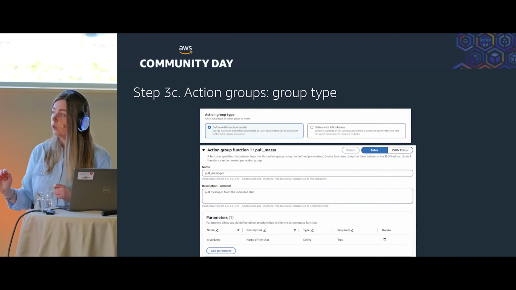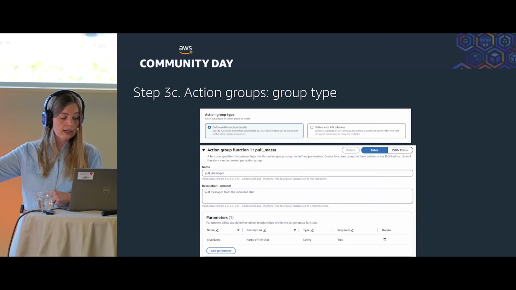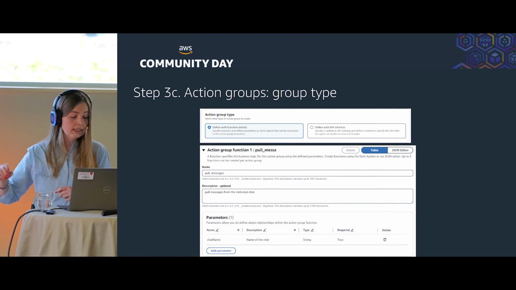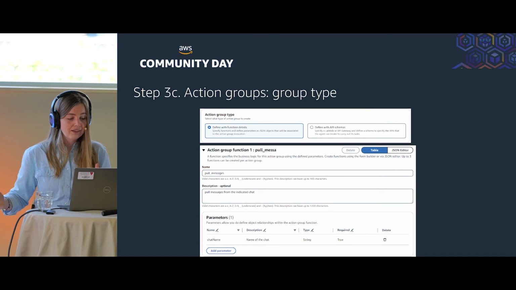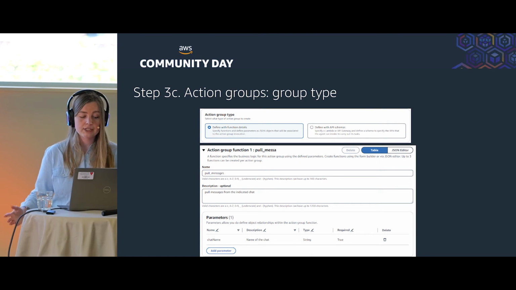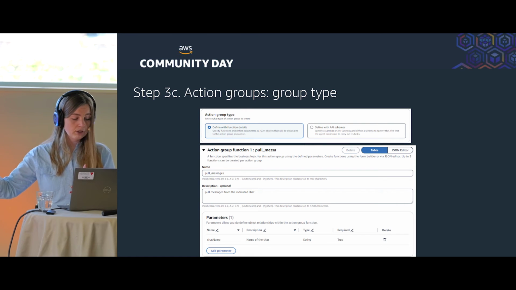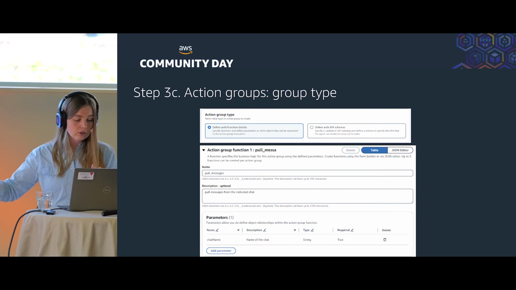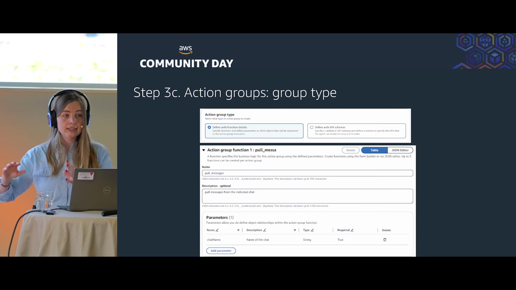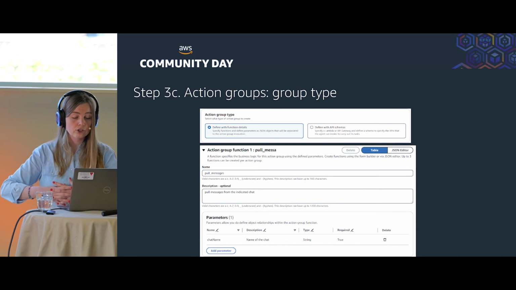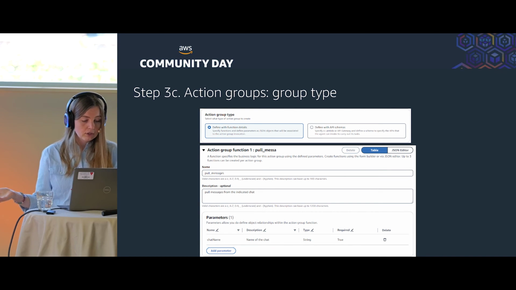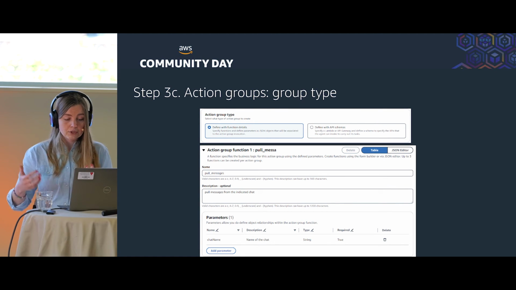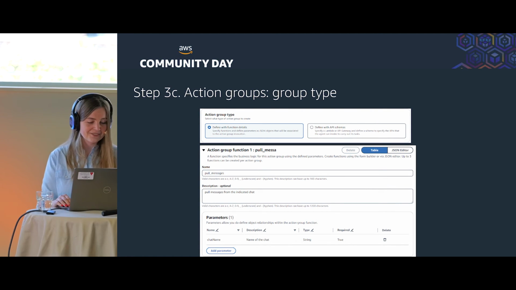And also, we have a new option to define your action group with function details, where you can avoid these JSON documents. You just need to provide a name for your function. Description is optional, and then provide the parameters that are needed to fulfill this function. You can of course view it as JSON, but you can avoid writing this JSON here.